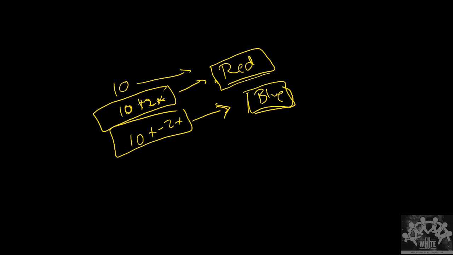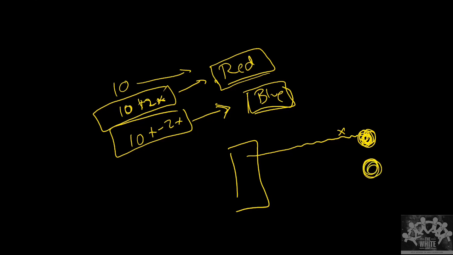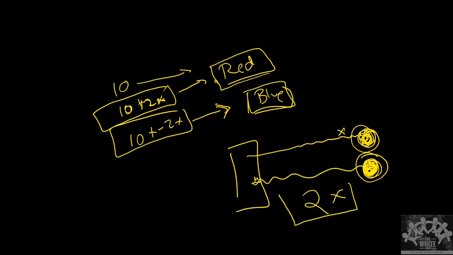Again, someone is asking about 2x. See, 2x is nothing but this: I keep the probe here. The frequency of sound I have sent is received by a moving object, so there is some change of frequency, x. Now this moving object is emitting the sound, so the frequency received here changes again. First time it changed here, second time it changed here. So two times the frequency changes. That's why I have written 2x. This is the principle.